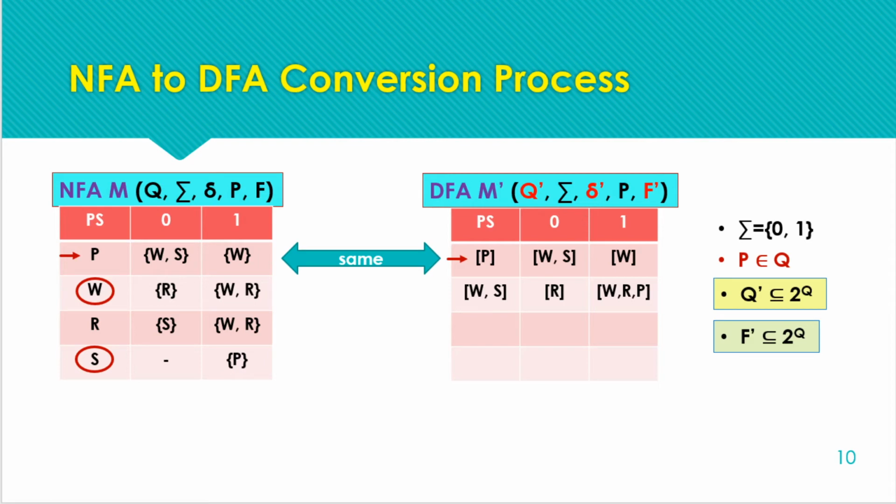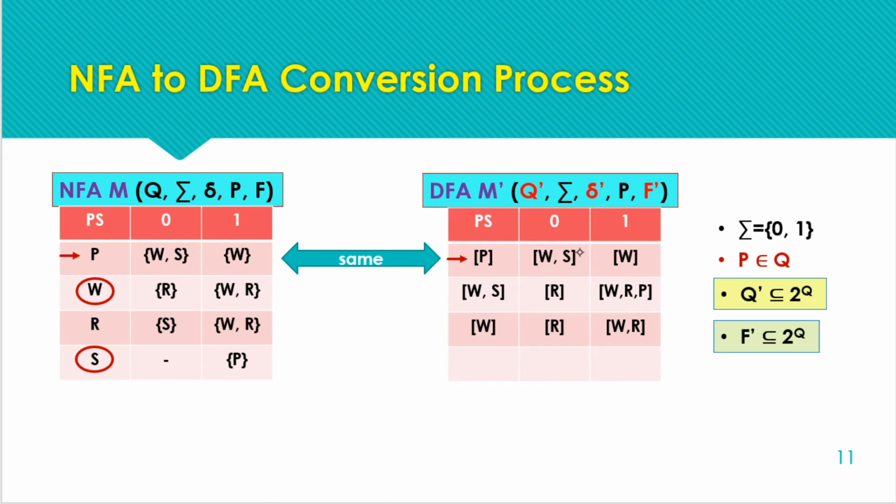Now we have already covered this. Consider this state. Now the newly identified state is W. So we write W here, as this set has only one state, exactly the same as the state of the NFA. So we can directly write the complete row in the DFA also. Okay, so here we are with the transition of the new state W.